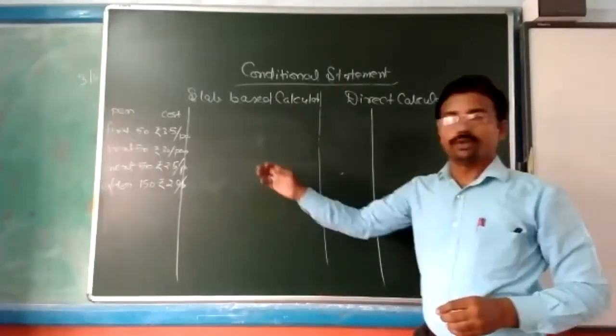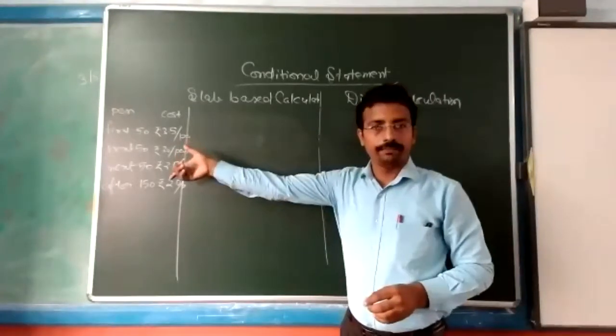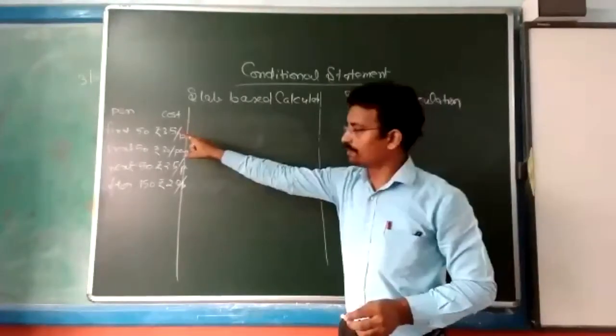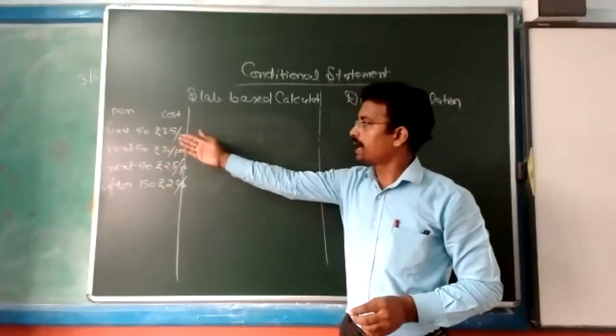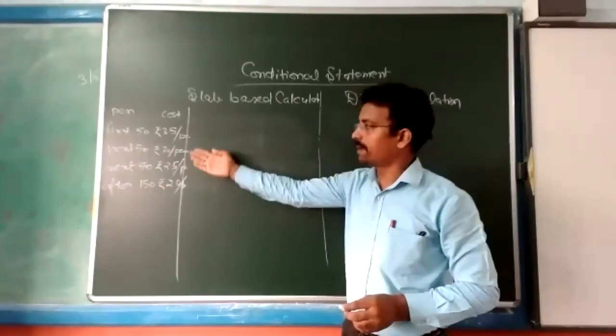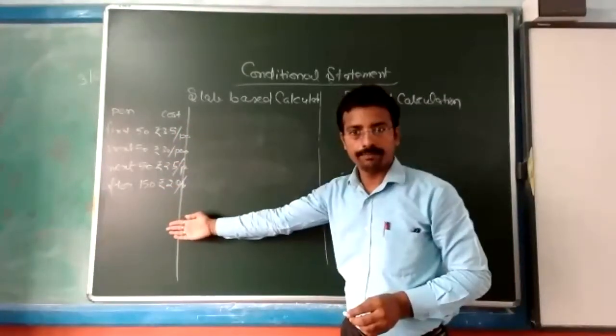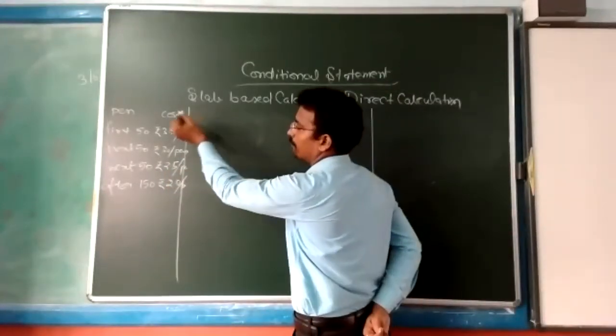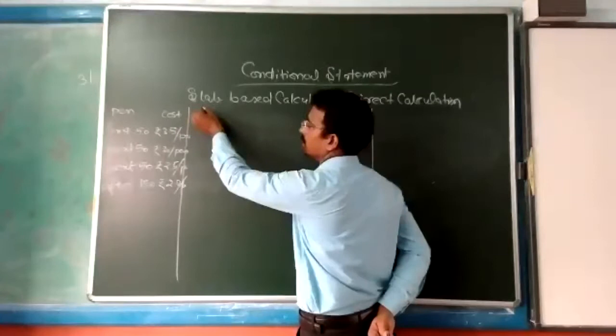So we are going to see the criteria this way. We have a criteria where you have to purchase some pens, and the pens will be costed by these criteria. So how will they be calculated? See, first we will take the value of the pen. We will take a variable, likewise